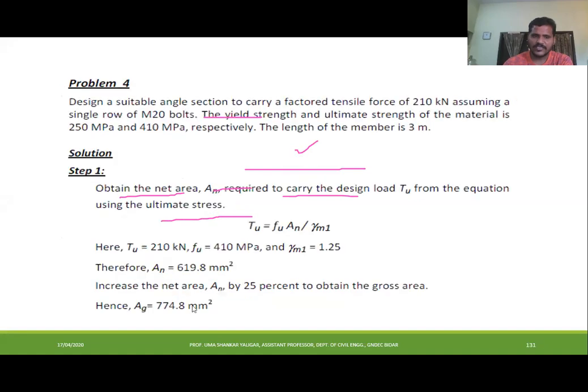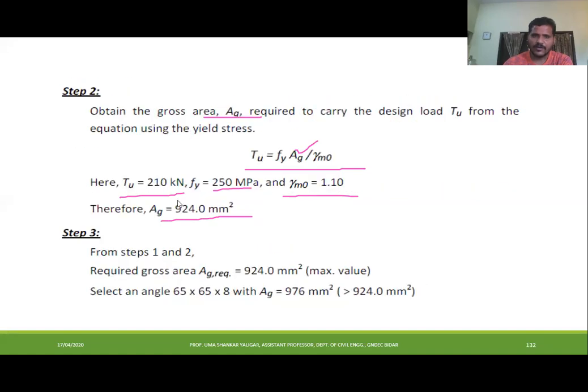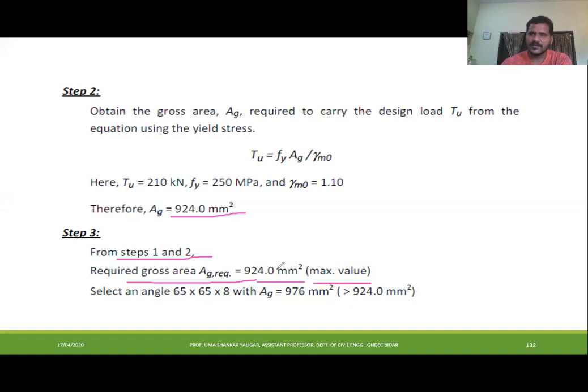In step 1 you got 774, and here you got 924. Out of those two values, you take the highest value, which is 924. So from steps 1 and 2, the required area is 924 mm square. We need to take the maximum value. After taking this area, since he has told us to design the angle section,